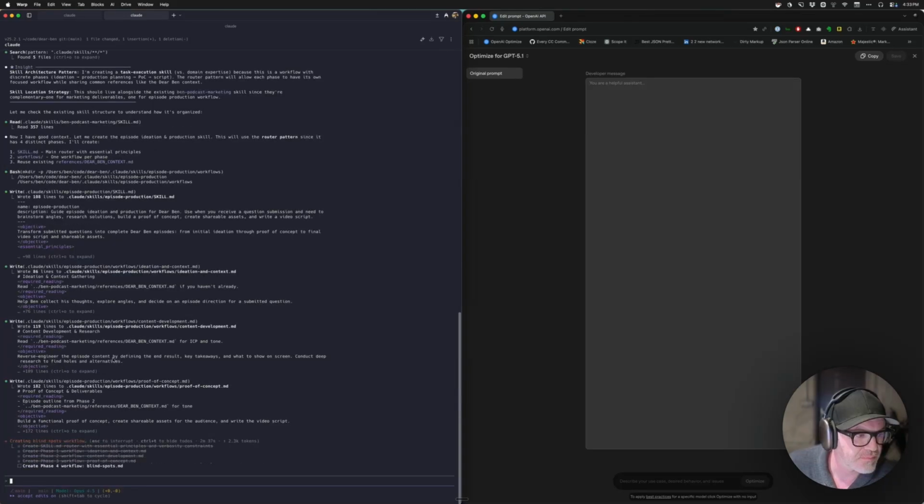So let's see here. You can see that it's going through. And now the next thing I'll do is blind spots, which is one thing I always think about: what are the sort of questions or the context that I don't have